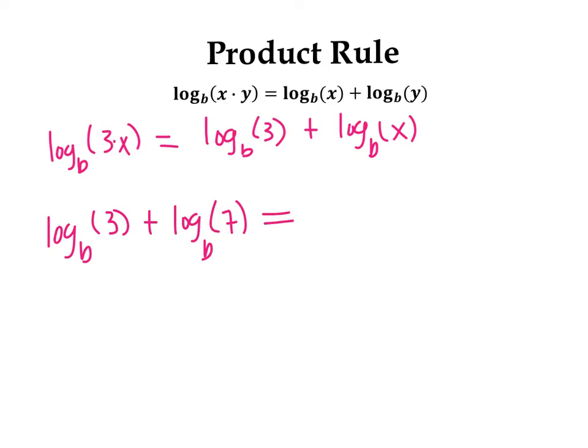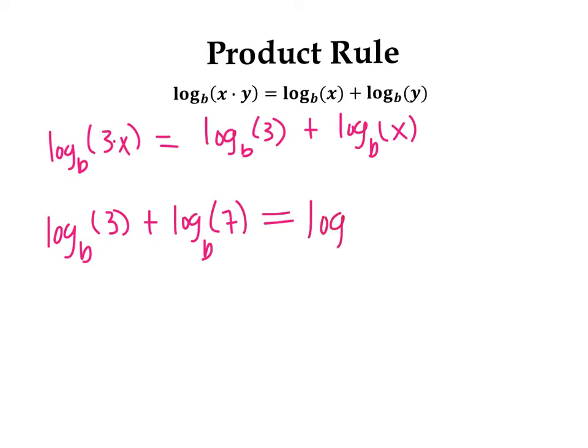Here, I want to condense it. This is an expansion form example, and now we're doing a condensing. We're going to bring it together. Because we have the same bases, these two logs are like terms. So to combine these two logs, we're going to multiply what's inside, and that's going to give us log base